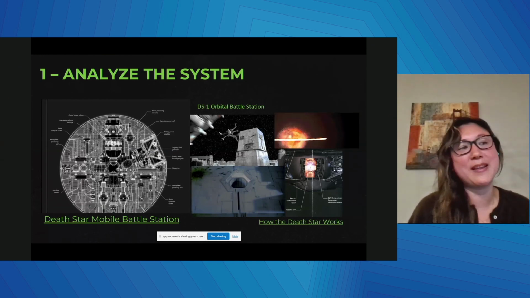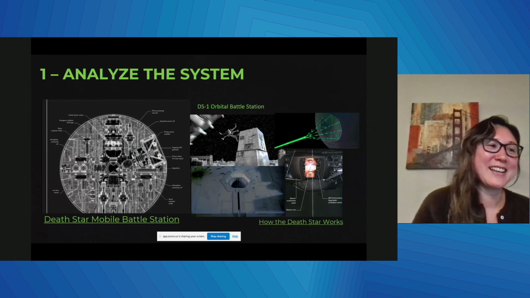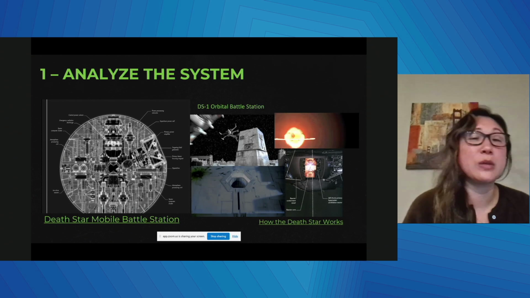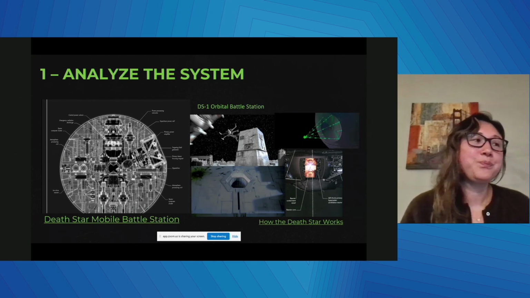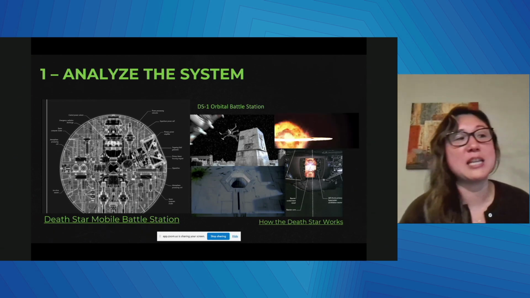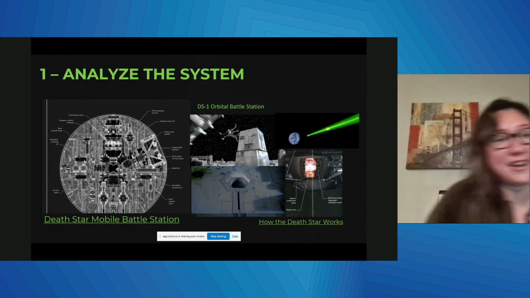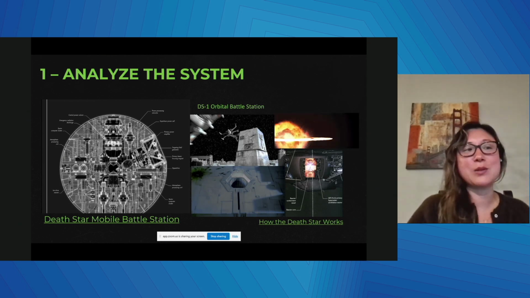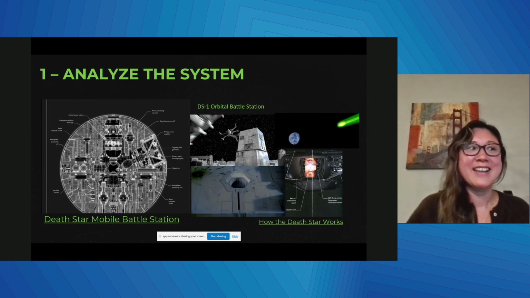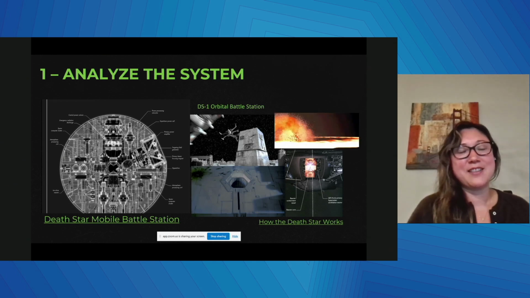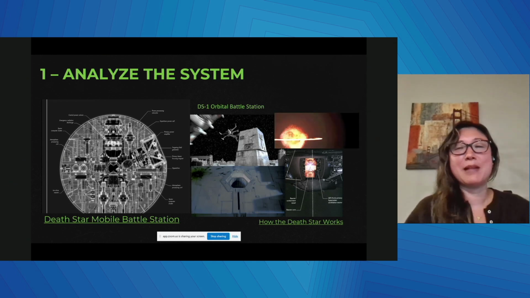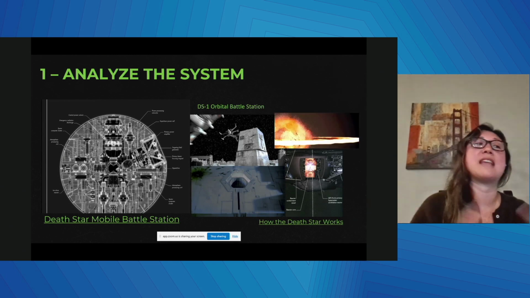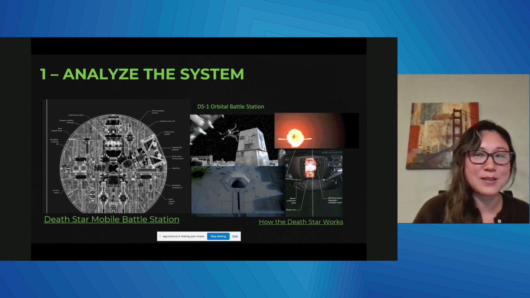So according to the US government, and no, really, the US government actually priced this out, the first Death Star would have cost around 852 quadrillion US dollars to construct. The Death Star also took around 20 years to be built because of its sheer size and complexity. The Death Star is a very complicated piece of machinery which contains very intricate services which rely on each other to achieve total destruction and induce fear throughout the galaxy. The Death Star's main purpose is to function as a mobile platform for its main weapon, the super laser. The Death Star's structure is basically an enormous housing for the super laser and for the reactor that powers it.